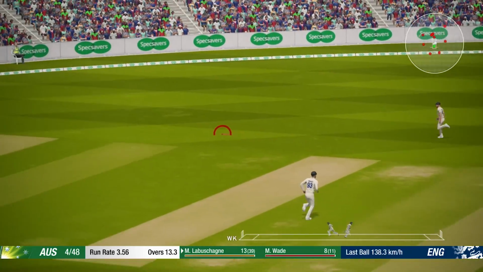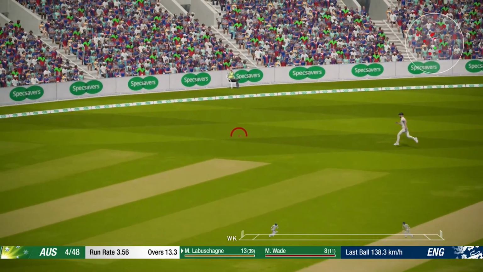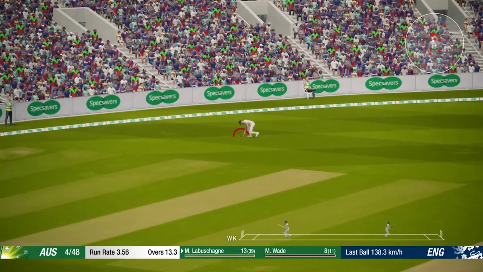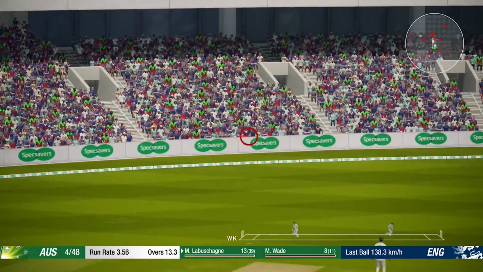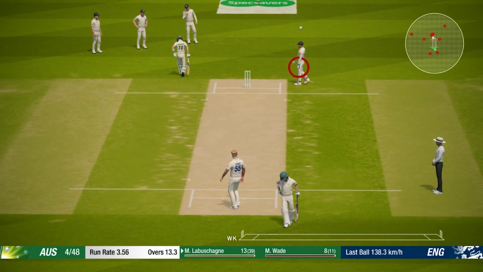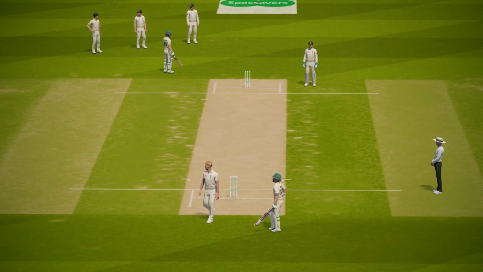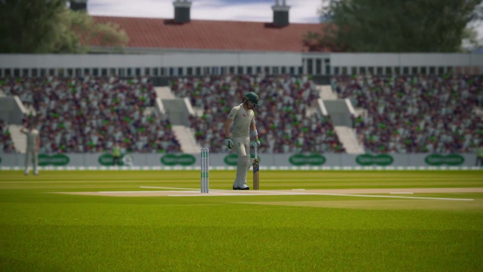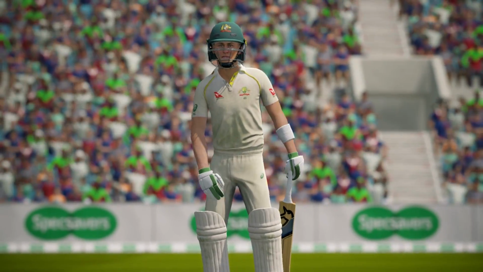Not often we've seen England sort of ahead of the game in the opening morning. They've just lacked intensity to start things off, and today they've done well. 50 up for Australia, 4 down as well. So they're in a bit of trouble.